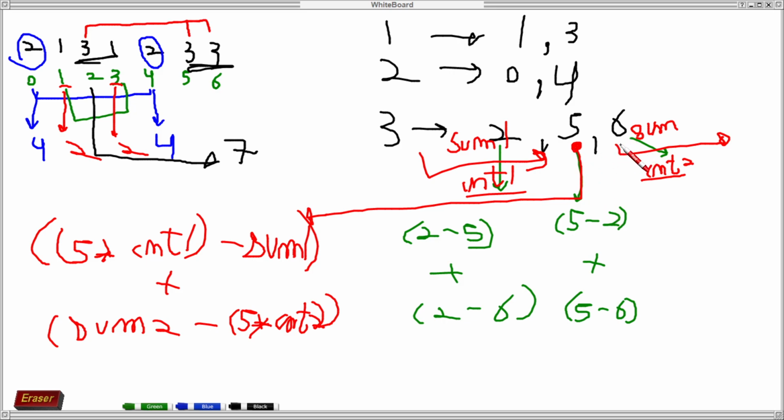we can see like for this 6, these all values are smaller than 6. So we can simply do 6 minus 2 and 6 minus 5. For 5, we will do 5 minus 2 and 6 minus 5. This will get converted to 6 minus 5. So we are subtracting 5 into count 2 from sum 2. So this is how we will be solving it.